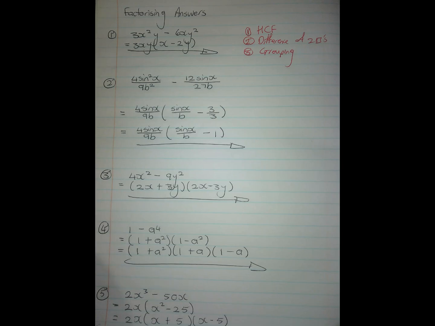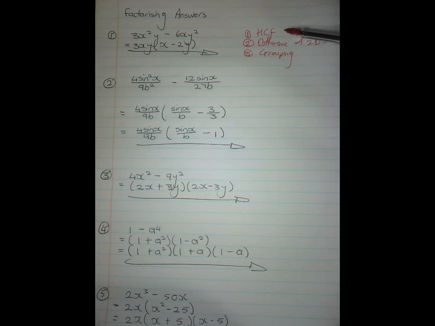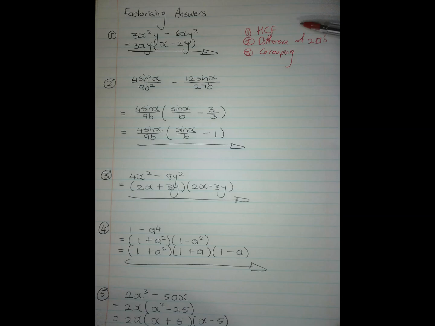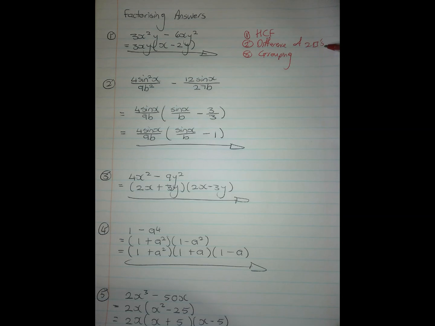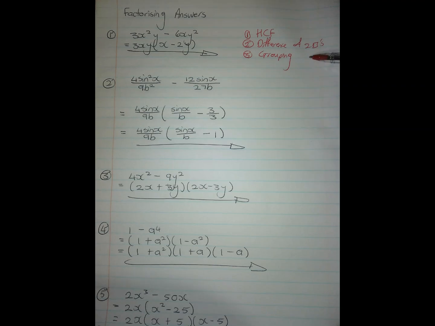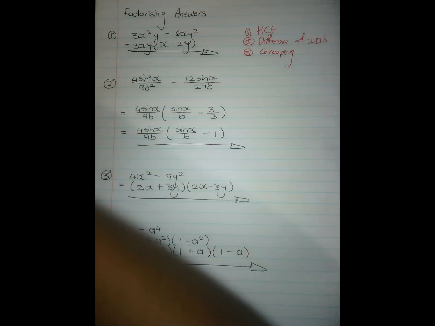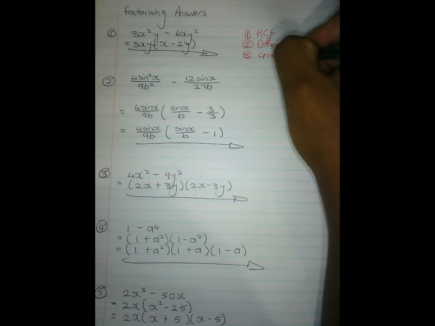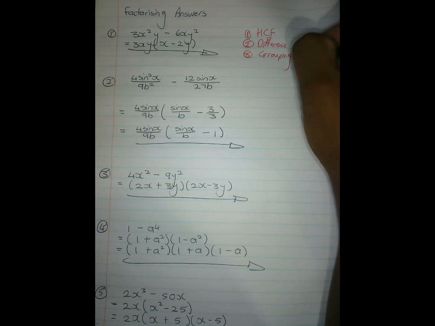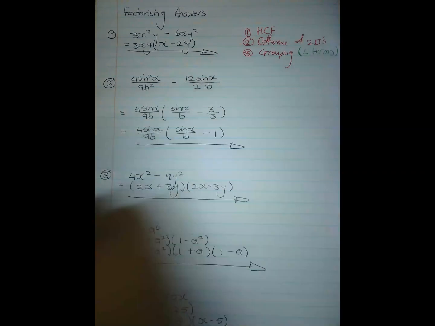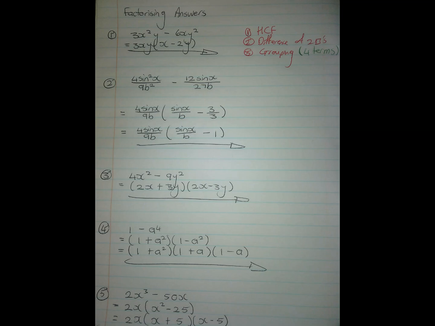So whenever you're factorizing, you're always looking for these 3 things first, right? Is there a highest common factor? If there isn't, is there maybe a difference of two squares? If there isn't that, is there grouping? Grouping comes along only when there are 4 or more terms. If there isn't that, then we're just going to factorize like normal into the factors that we have, the 2 brackets, right?